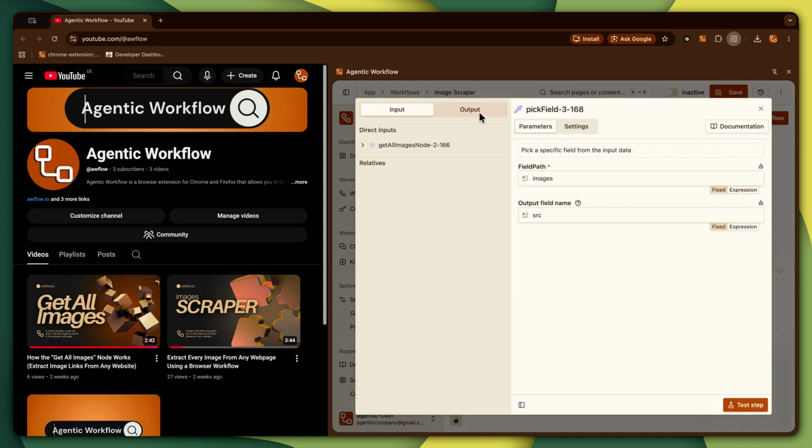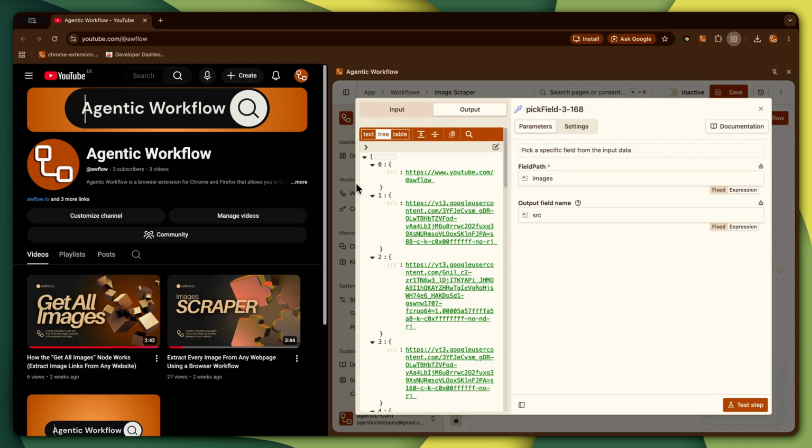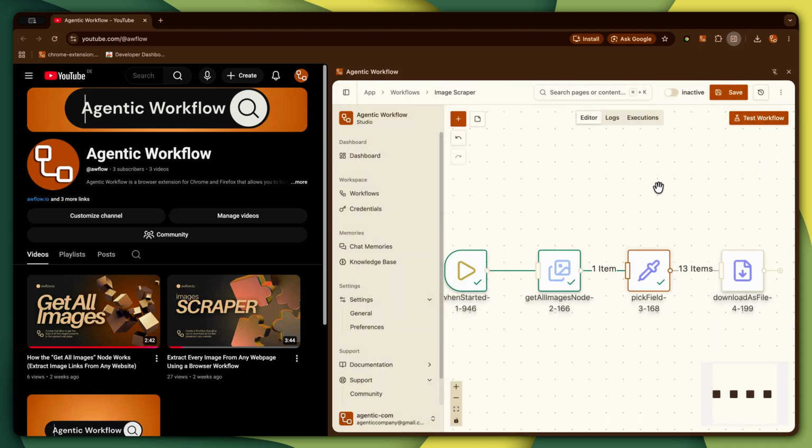If we click on the PickField node, we'll see that we have a list of objects, and each object has a src attribute containing a URL that actually points to an image. So if we look at the Download as File node,